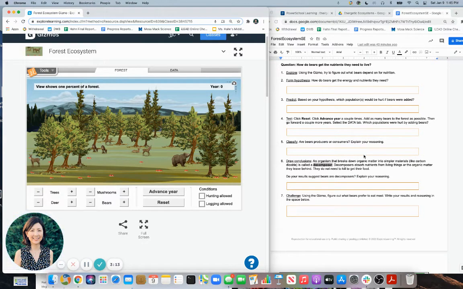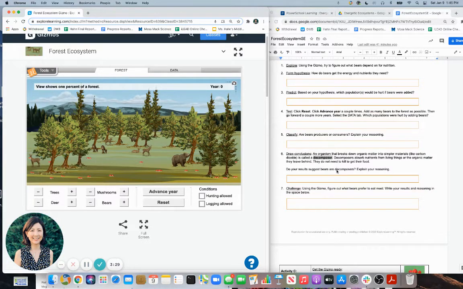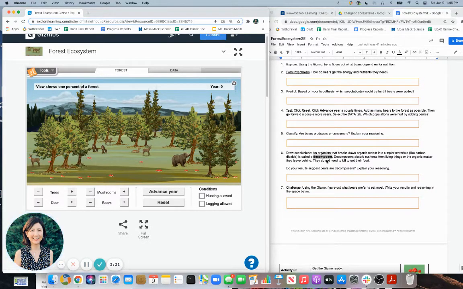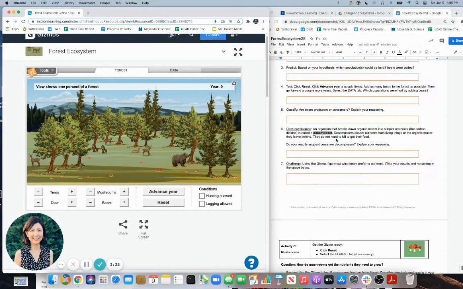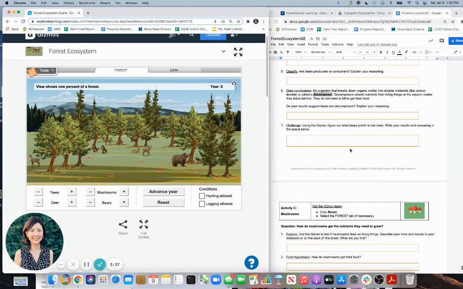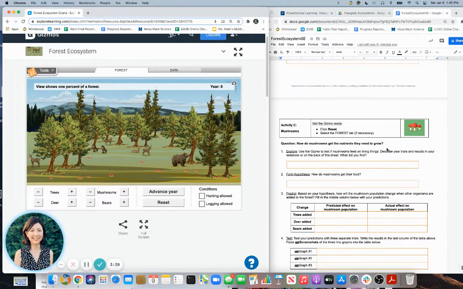This one is about the bears. You're going to learn about decomposers. They're what break down usually dead things, and they return that matter back into the ground. They do not need to kill to get their food, so they usually break down things that are dead or dying. Okay, and then activity C,